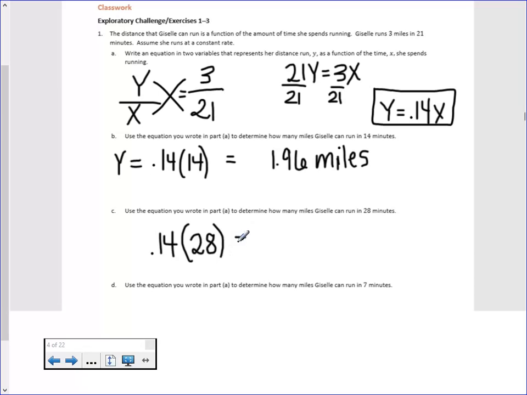First of all, I could never run for 28 minutes straight. You could? Really? Yeah, she can run